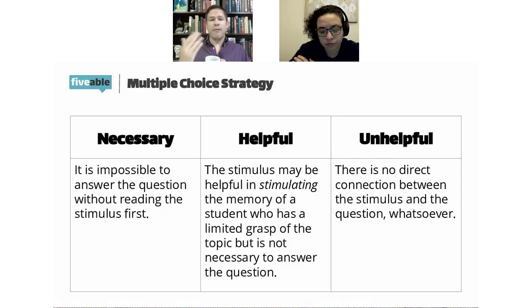Now, I will say that I've had a conversation with somebody on one of the test development committees who told me that their official policy is that one question in the set has to make a direct reference to the stimulus. So you could have a question set of 4 where it was really only necessary to use the stimulus for one question. So that can be, yes.